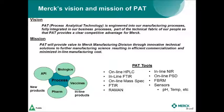So the vision is very, very focused on this production aspect, but we have to tie it back into the development space. Some of the tools that have been implemented at Merck already are online HPLC methods, spectroscopy methods such as FTIR, Raman and NIR, and particle size distribution analysis, and that's on top of normal sensors for things like pH, temperature, and conductivity. And these have been applied to APIs at Merck. So one of our products, Januvia, has never seen a QC lab. It's just been released off of